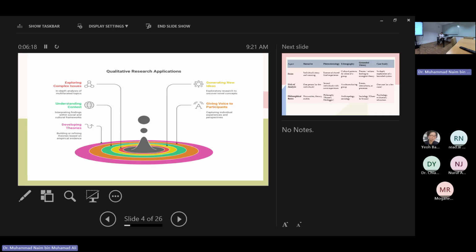For example, gender violence as just now. It's a multifaceted topic. First it talks about gender, and second it talks about violence and crime. Then understanding context, interpreting findings within social and cultural frameworks. And then lastly, to develop theories.